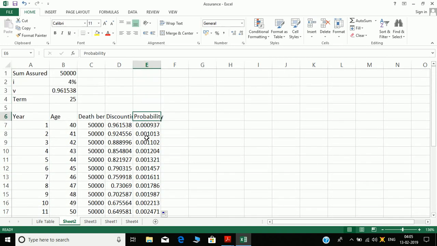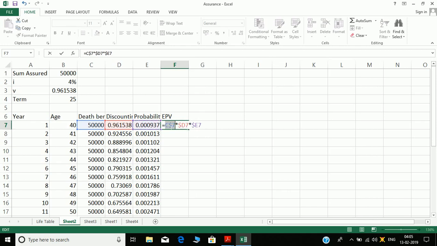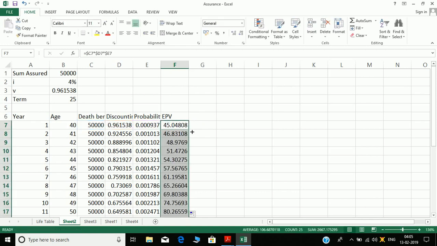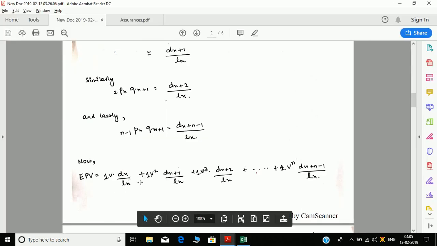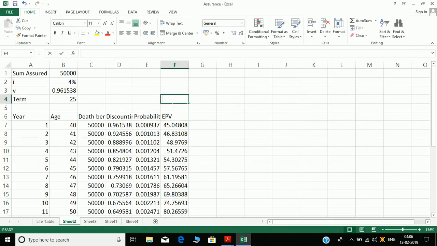Okay, and then finally I calculate the EPV. EPV is nothing but benefit into discounting into probability, as we saw for each term. Just fixing the columns for each, and drag it down. Okay, this is the EPV, and can you see the EPV is an addition, this plus this, so we obviously need to take a sum over this.